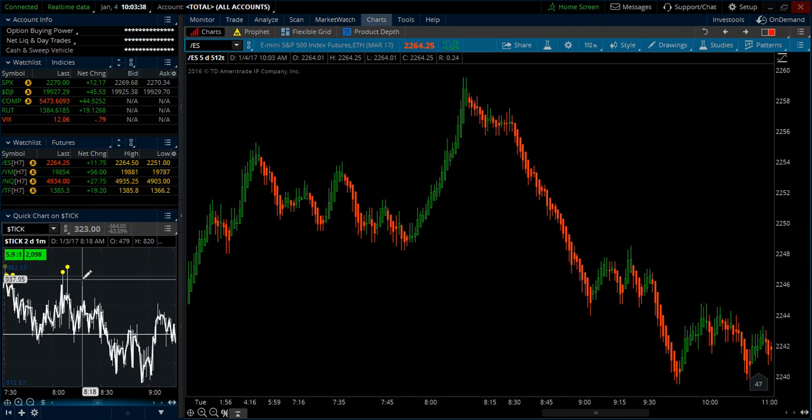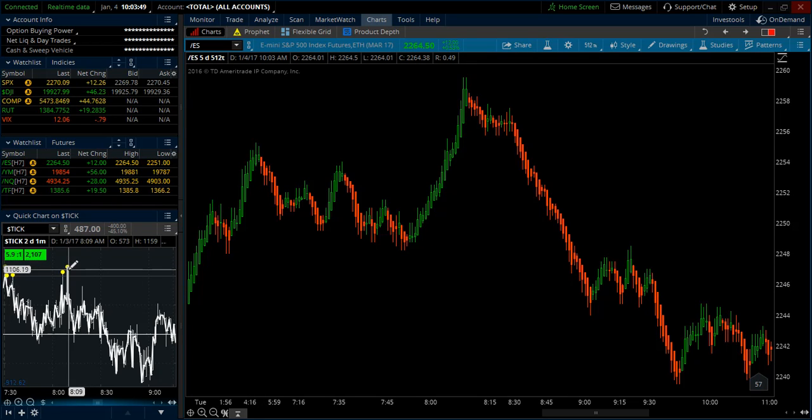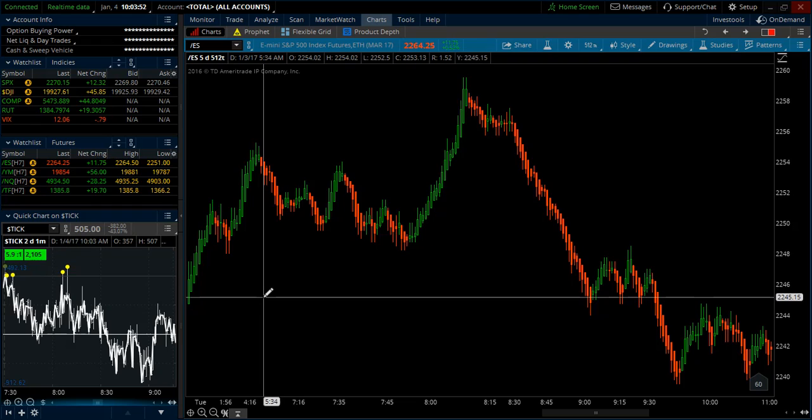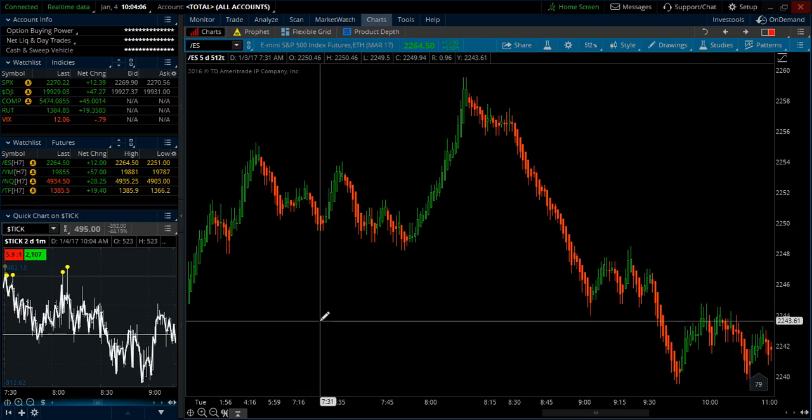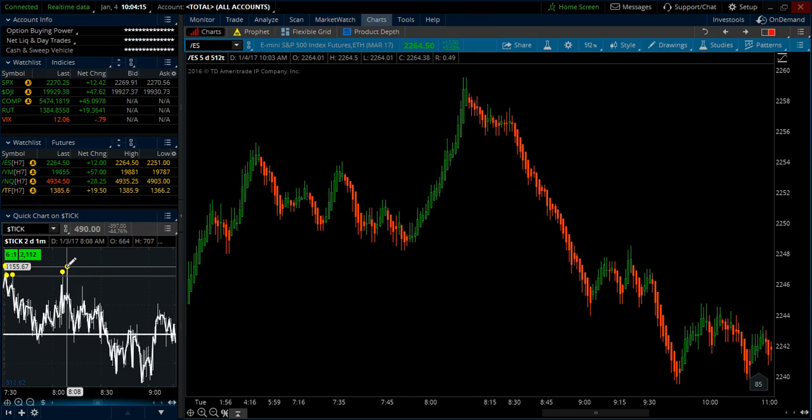And sometimes we'll get extreme tick readings where the market is moving strongly in one direction, either bullish or bearish. And sometimes those ticks, those swings in one direction, line up with the high or low price. And at the time, we can use the NYSE Tick to give us an indication as to whether or not we're likely to continue trending or to reverse, and whether or not that could be the high or low of the day. And the way we do that is when we get a NYSE Tick reading that is a high